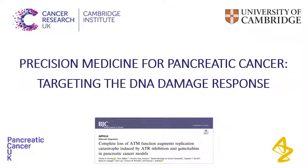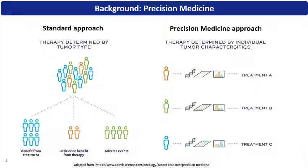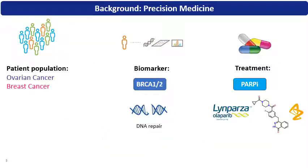Precision medicine for pancreatic cancer, targeting the DNA damage response. Rather than a one-size-fits-all approach, precision medicine aims to deliver a tailored approach to therapy, where the treatment is determined by individual tumour characteristics. A good example of precision medicine in practice is the use of BRCA mutations to select